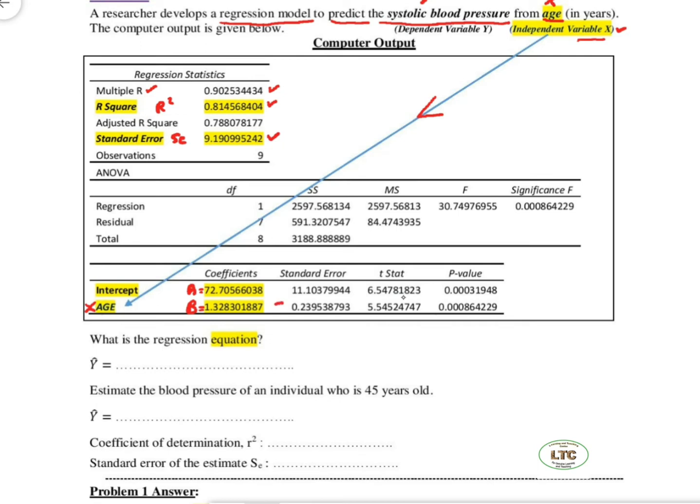SB is here, S sub B. S sub B is S sub E divided by square root of sigma x square minus n x bar square. You don't learn T statistics and P values yet. What is the regression equation? So y hat is A plus bx. Here you write 72.71 if you cut at the second decimal, or if you cut at the fourth decimal, 72.7057, plus